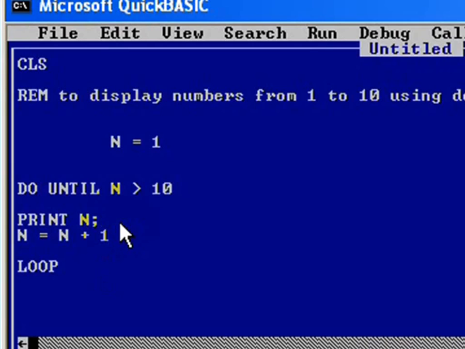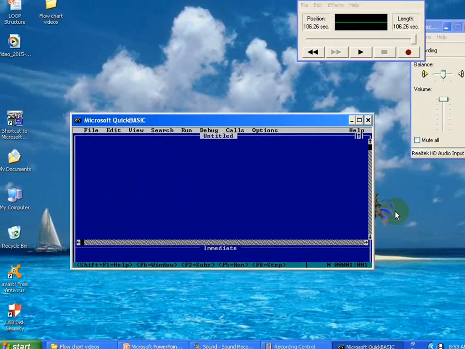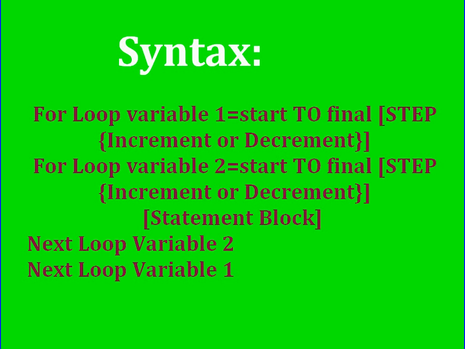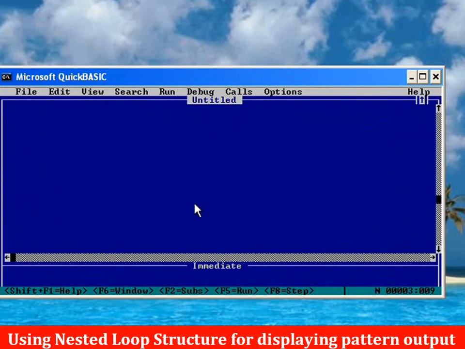Like this, you can use more structures using do until loop. Loop structure of nested loop. For next nested loop structure. For next nested for next loop. CLS, rem, program to display a numeric pattern. For example,